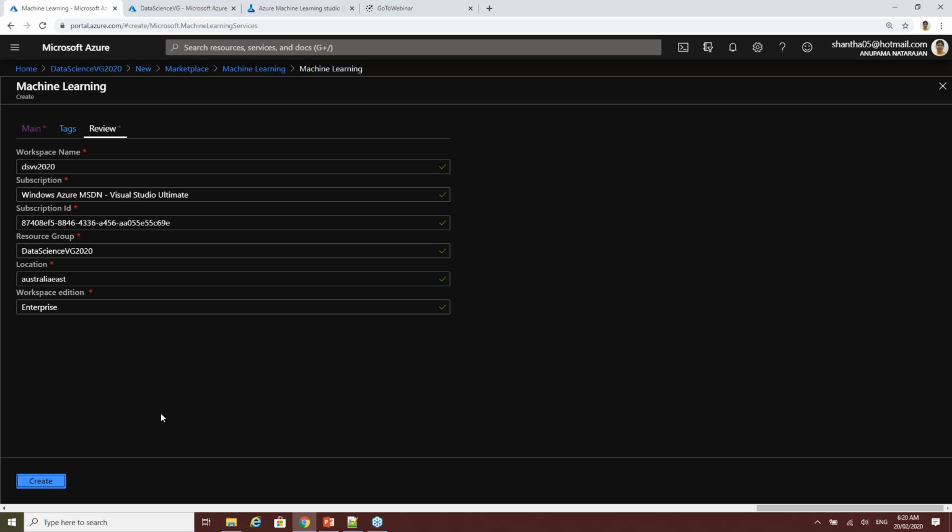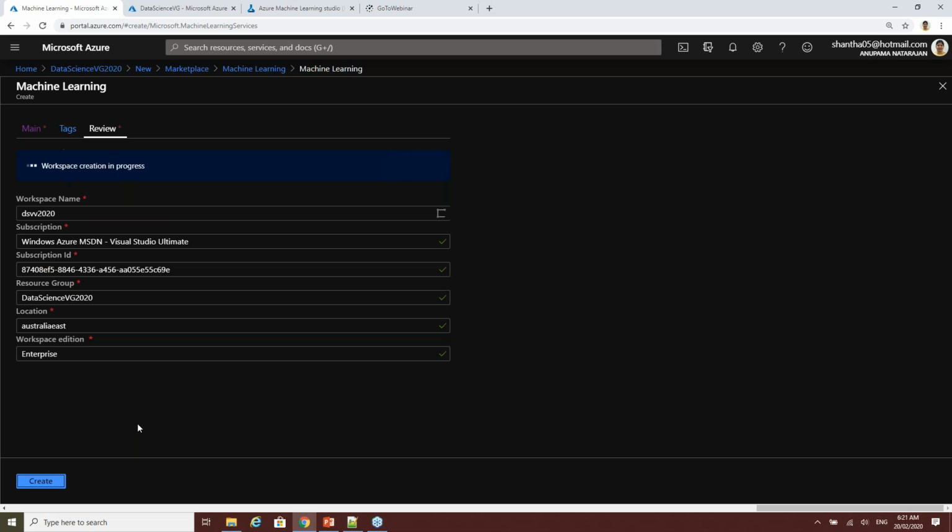The main idea here is that anything we put on Azure, we don't need to worry about. It's all about Microsoft managing it behind the scenes. When it comes to really provisioning a VM or something, I'll tell you. But all the examples I'm going to show today are all managed. The infrastructure is managed on Azure, so you don't need to worry about that at all. Great. So this is going to create a workspace for me, and then I'll start using that workspace.